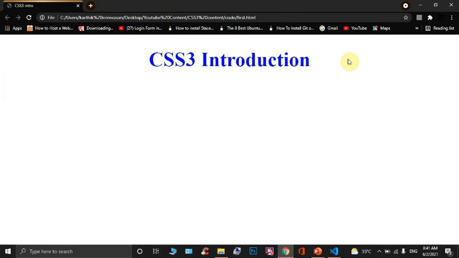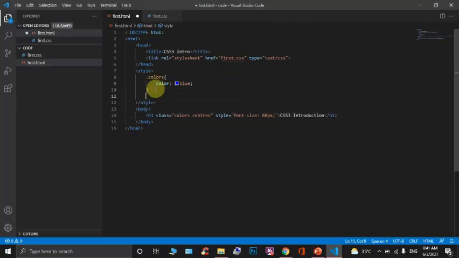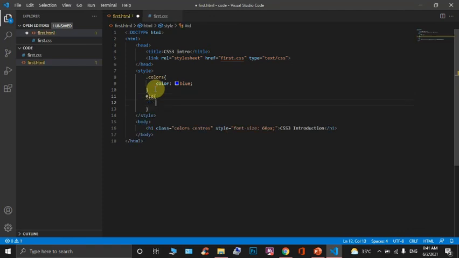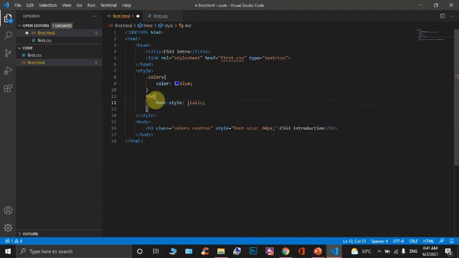Now we should display it in the font style of italic. Let us do it with an ID. Let us include our ID name, an ID, with font style as italic, and we should include the ID by using the ID attribute.